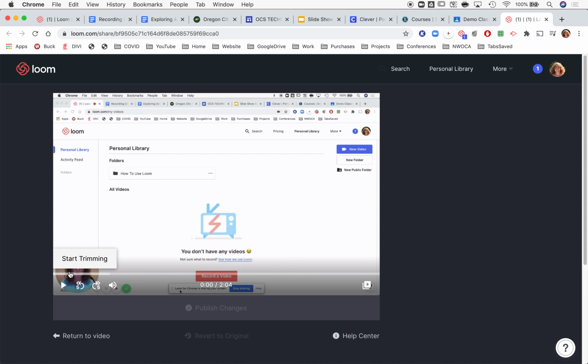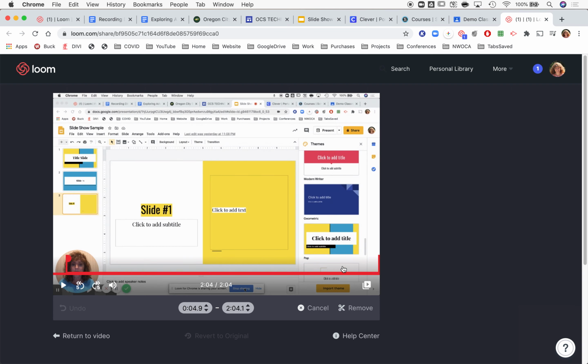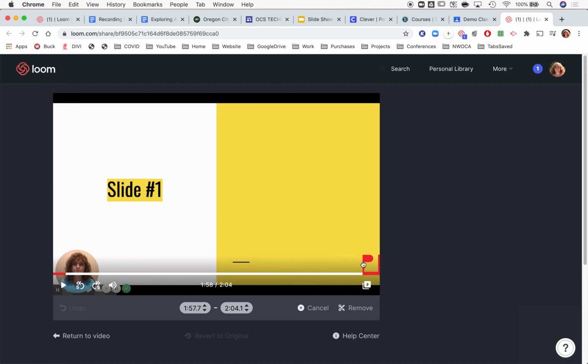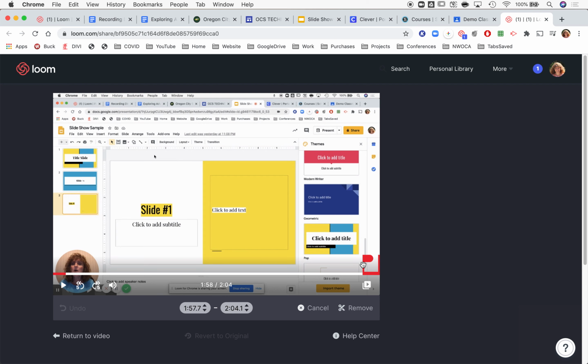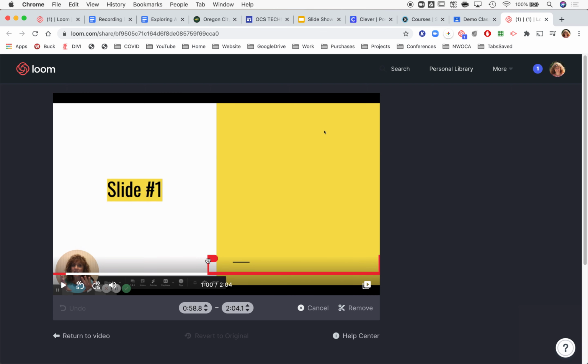I have in Loom a few options to trim. If I click on Start Trimming, I can clip a little snippet off of the beginning if I maybe made a little blunder at the beginning. And then I just say Remove. I can start trimming again, and I can take this little guy, and maybe there was something that I goofed on at the end, and remove. And now the benefit with Loom over Screencastify is